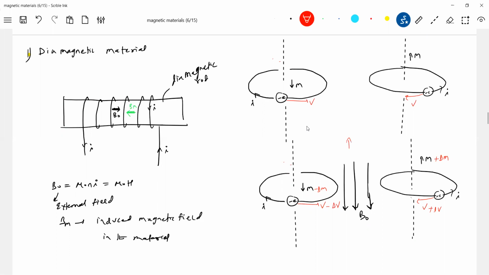Because of that, we get a net induced magnetic field directed upward here. Now, the moment I remove this magnetic field, what will happen? Again, the electrons will come back to this position. What is the net dipole moment? It will be 0. So m net is 0. What about m net now? Equal to 2 delta m.